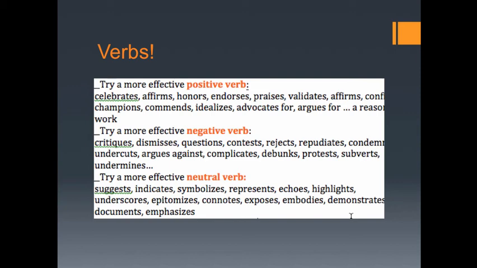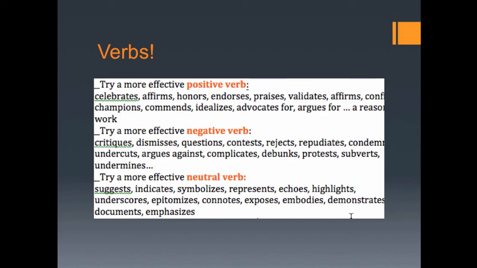And on that tool, that grammar style tool on the back of your rubric, you will see this set of verbs: positive verbs, negative verbs, and neutral verbs. And they're all active. And these are not the only ones you can use, but they sure will get your brain going about possibilities here.